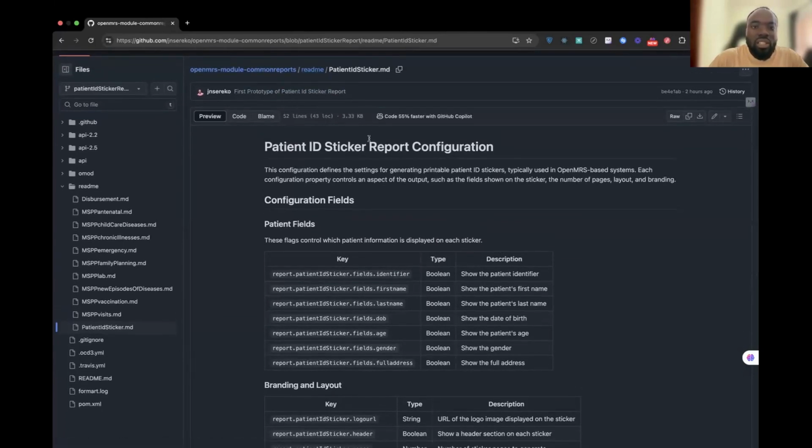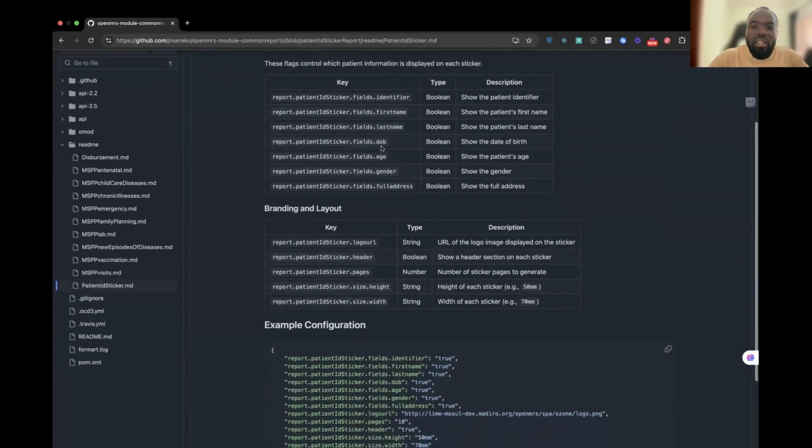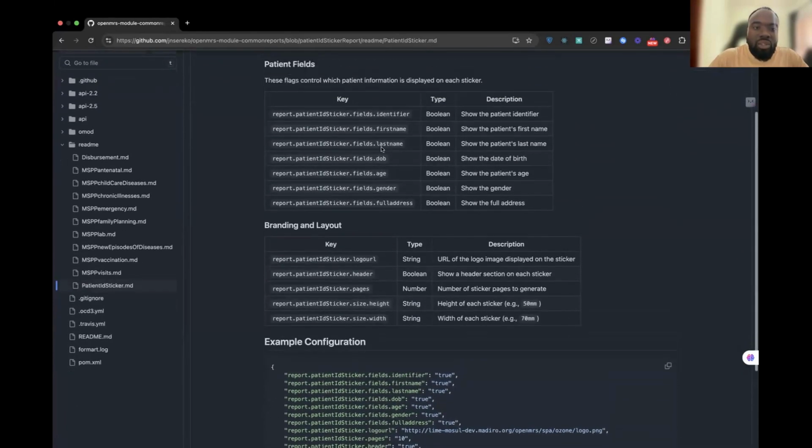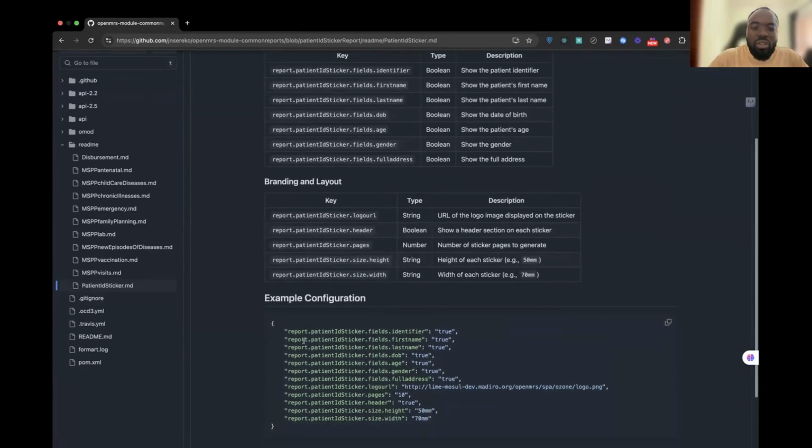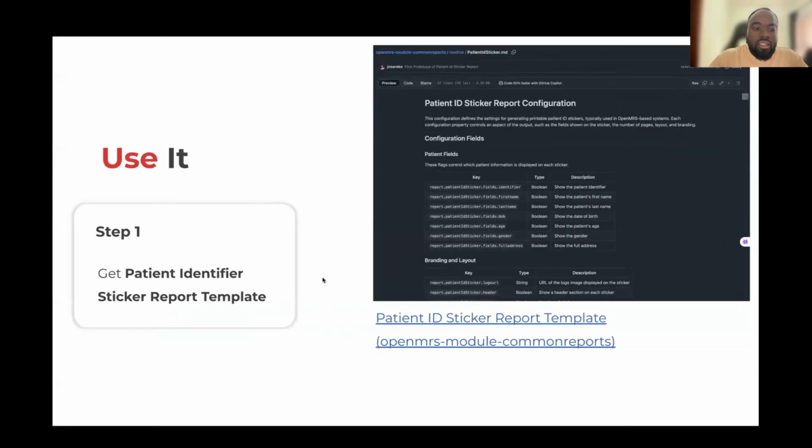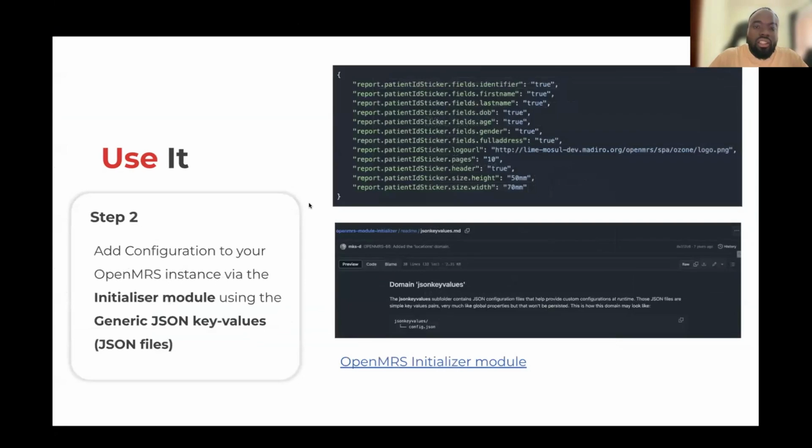So we went ahead and created a patient ID sticker report template, and we created a simple documentation for it on how to use it. And the second step you need to do is to add your configuration of the patient identifier sticker